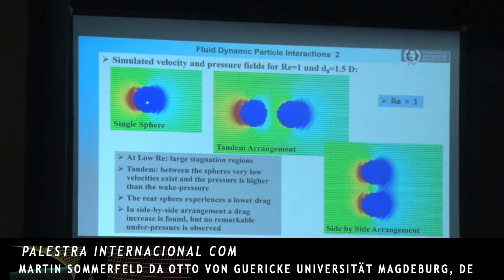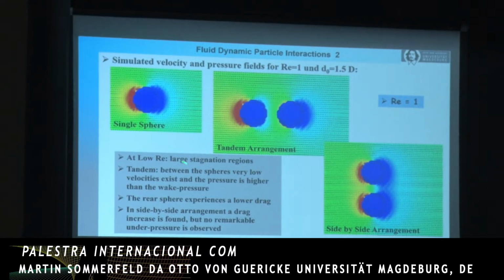resolution. So you see here at low Reynolds number, the single sphere has a large stagnation point region, and of course a smaller wake region compared to higher Reynolds numbers. Then you have here the tandem arrangement and side-by-side arrangement. And we can, of course, evaluate the forces on the analyzer sphere from this bounce-back